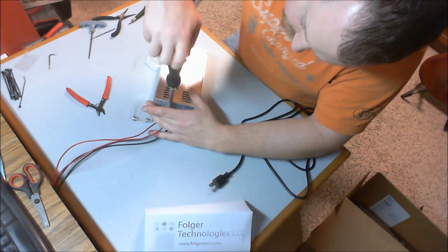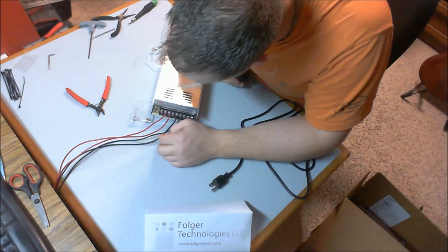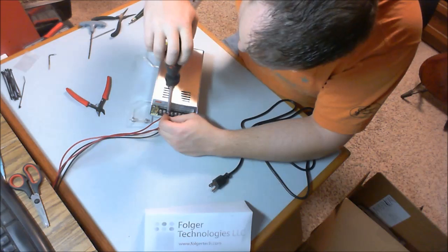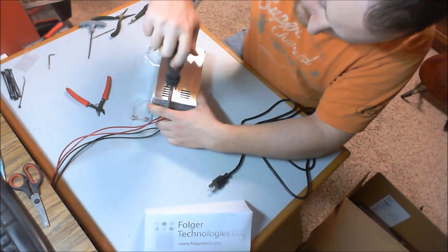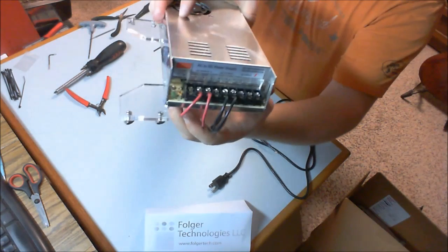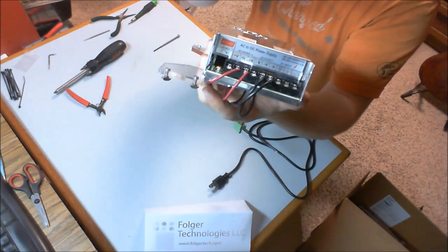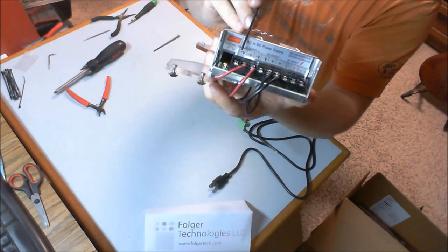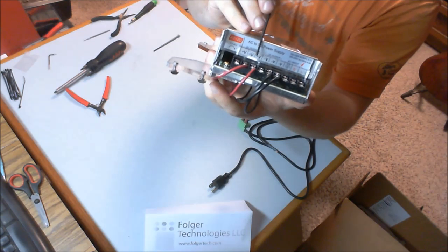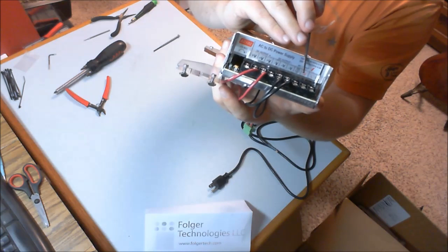You want to make sure you're clamping down or screwing down on the bare copper, and not on the shielding, because the shielding prevents voltage from going through, and that's what we don't want. We want to have a nice solid connection so voltage can go through. There we go. So you can see we have voltage plus, plus, plus, and I put my 2 pluses in those. Now we have minus, minus, minus. Put my 2 minuses in those,